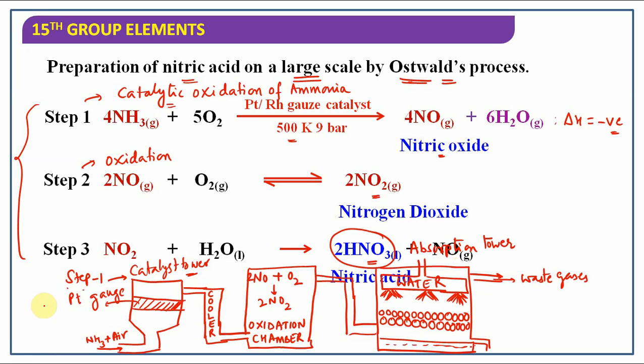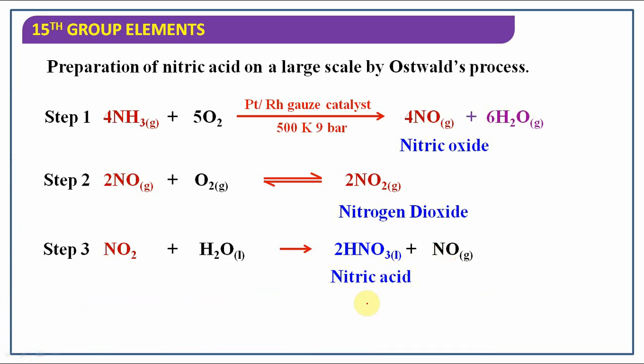Everyone, please check the diagram carefully. I'll be erasing it, right? So now NO also we got. This NO can be recycled. Once again, it must be oxidized to get NO2. That can be recycled also. Understood? So here, whatever we got is aqueous nitric acid; nitric acid means that it has some amount of